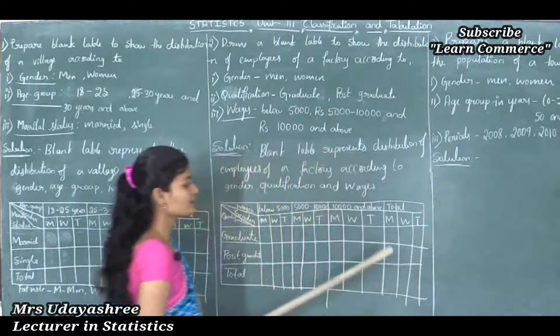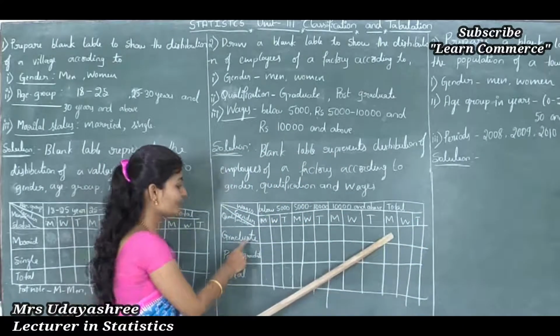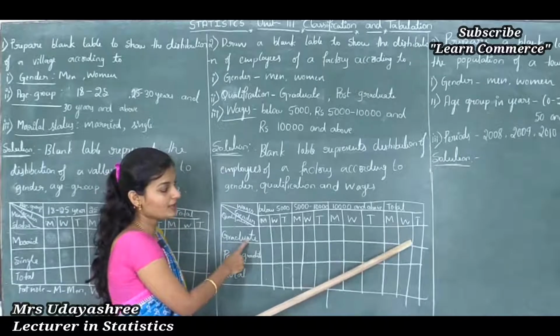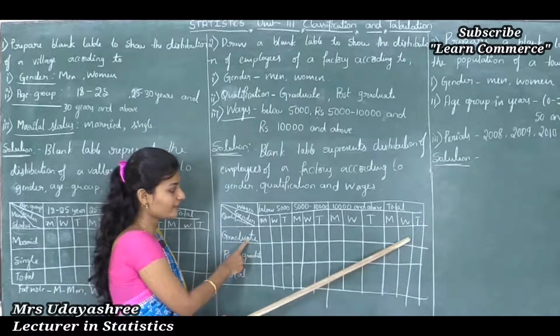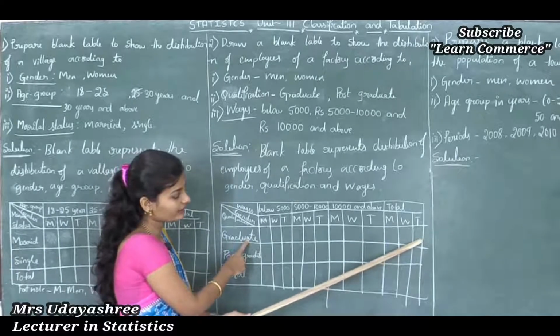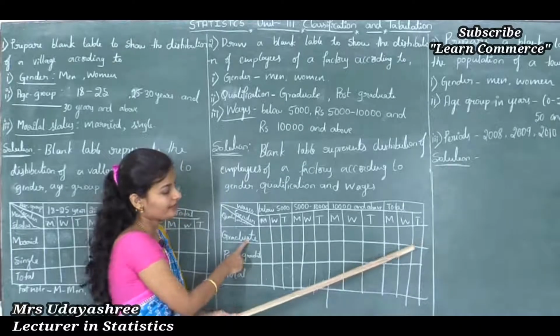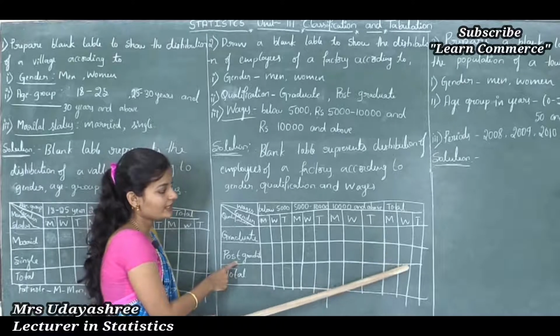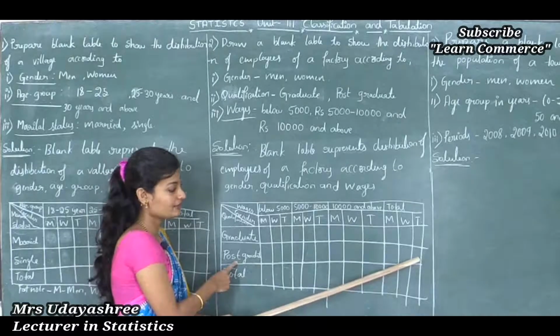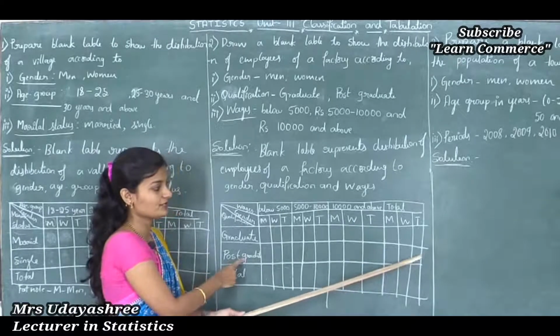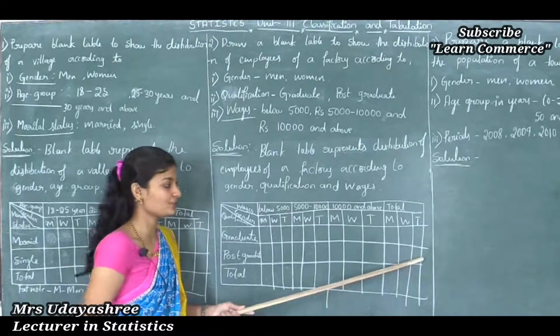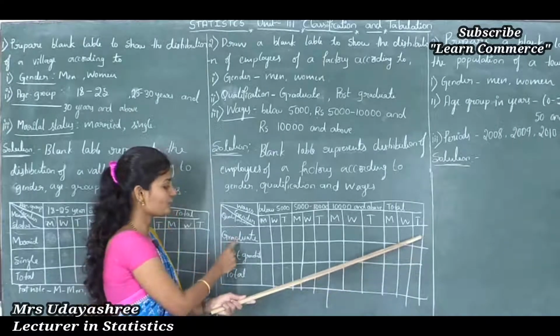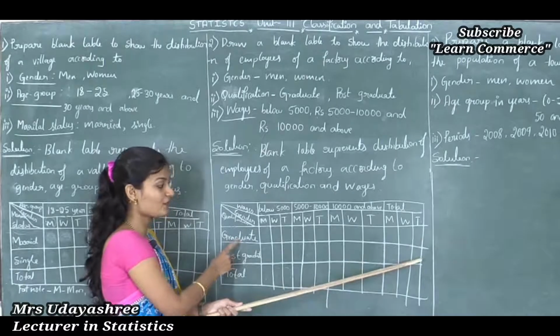See, here this column indicates the graduate men total, this column indicates graduate women total, and this column indicates the grand total. Like that this column indicates graduate men total, graduate women total, this is the total number of graduates, because this column indicates the total number of graduates,